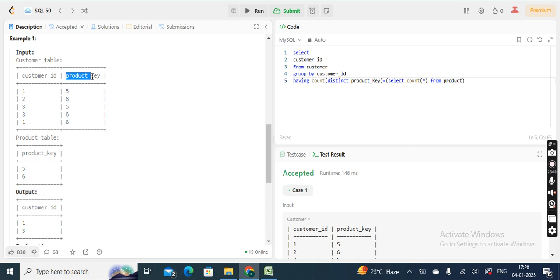See, I had a product key. I also know the number of product keys in the product table. It is 2. Great. So if I say that I am selecting the customer ID and counting my distinct product key from the product table, where the count of everything from the product means, if you imagine it this way,